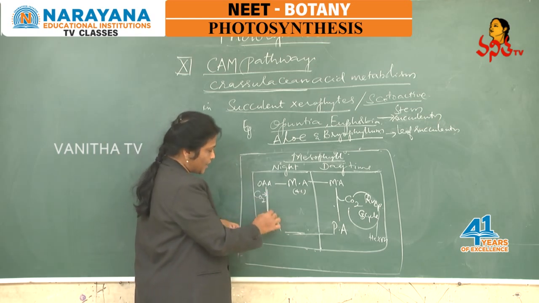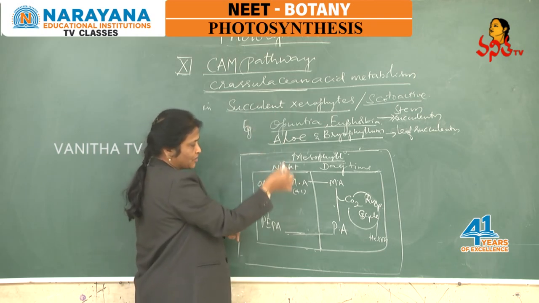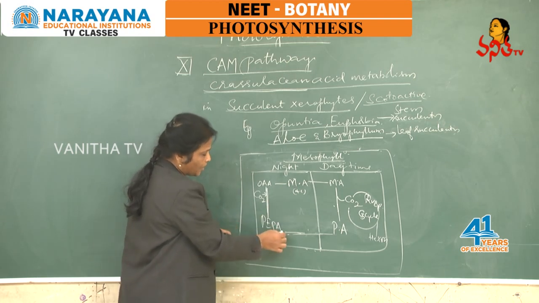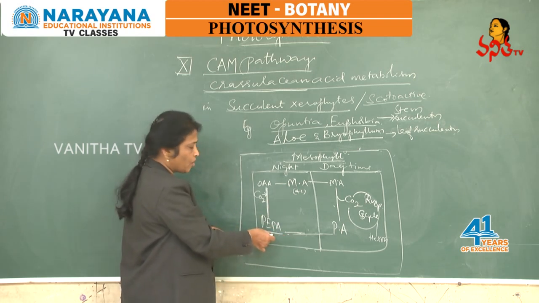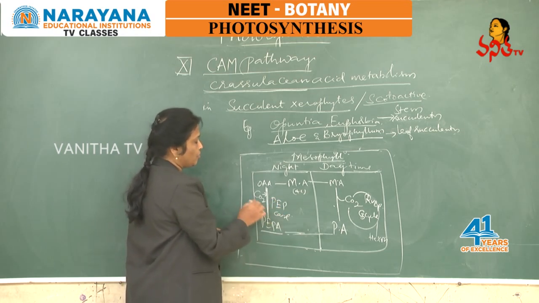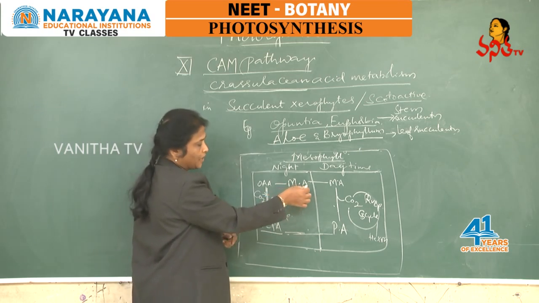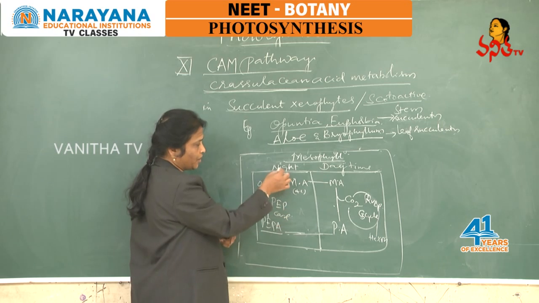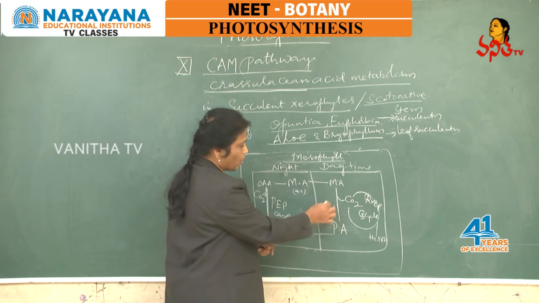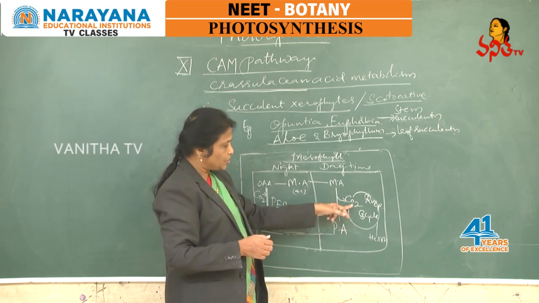And as we see, the reactions that occur during night time in CAM plants are the formation of malic acid, that is acidification, and here the primary acceptor is phosphoenol pyruvate, catalyzed by PEP carboxylase. So this is the primary fixation of carbon dioxide in the form of malic acid, which is stabilized during night time, and during daytime that malic acid undergoes decarboxylation, and the carbon dioxide evolved during daytime in